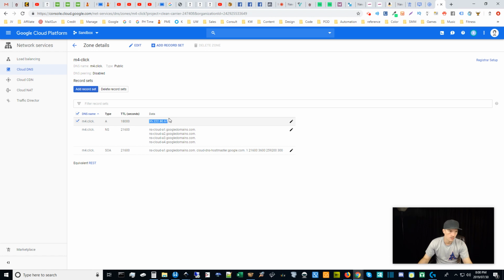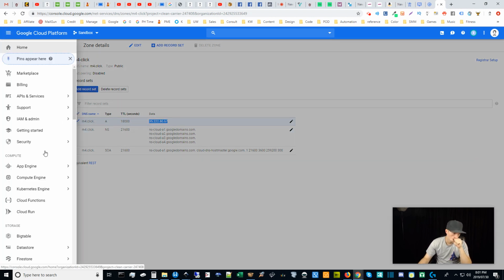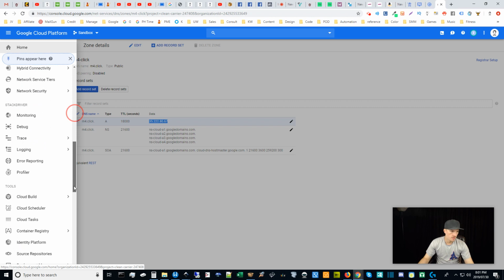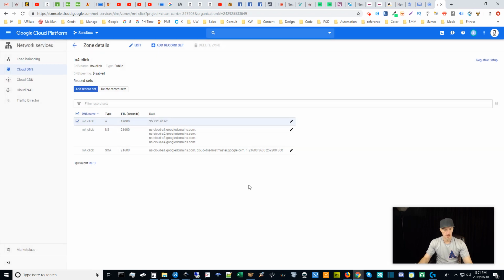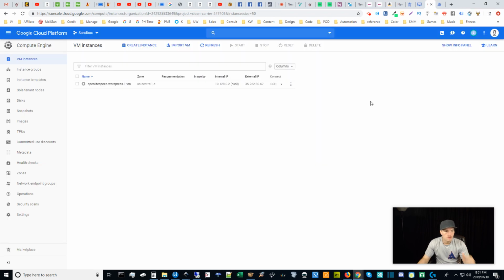Oh, and of course, I forgot, you got to go to VPC Network, external IPs, and make that ephemeral IP static. Then you're pointing your domain name to your static IP, and then under Deployment Manager, or even here, you can